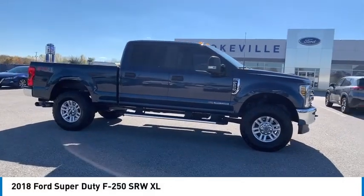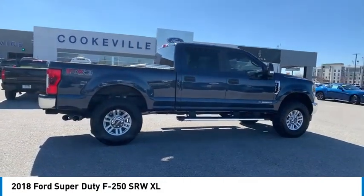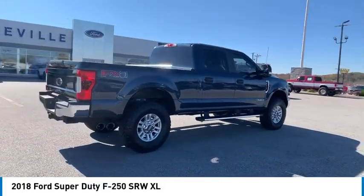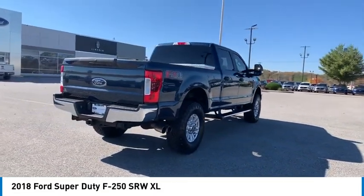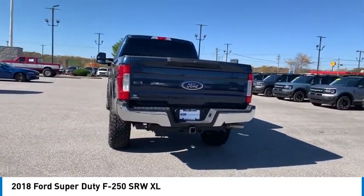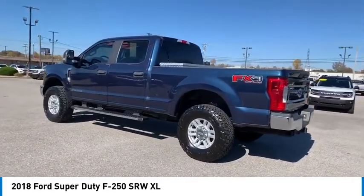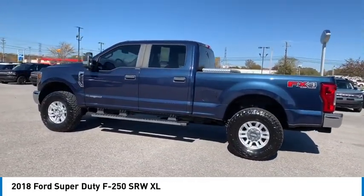Make a great choice today with the 2018 F-250 Super Duty. Head-to-head fuel efficiency, head-to-head towing, head-to-head torque. Ford F-250 Super Duty. Here are some of this vehicle's great options: towing package, traction control, daytime running lights, headlights